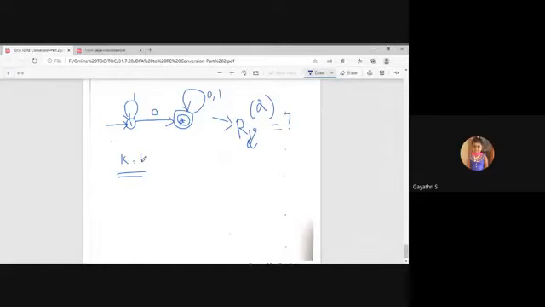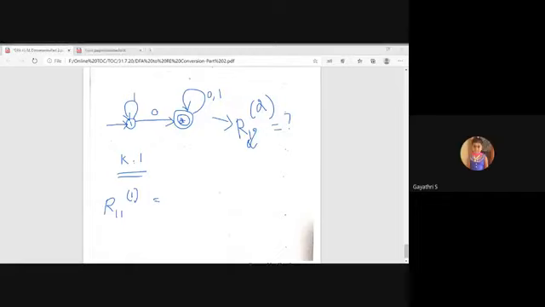Induction part. Starting the induction part, k equal to 1. Okay. What is the value of R1 1 of 1? Since it is the induction part, you have to apply the formula. First write the formula. So put the value based on the previous case, k equal to 0. Okay.